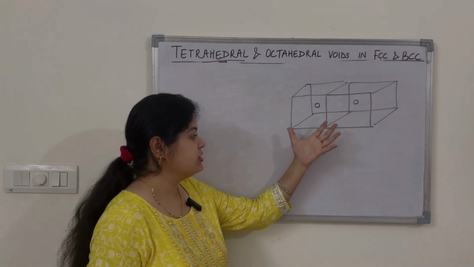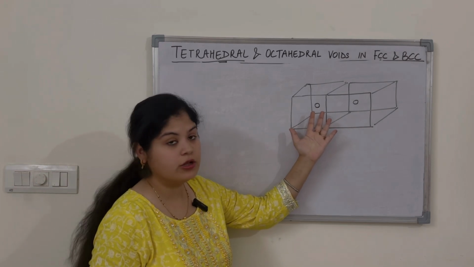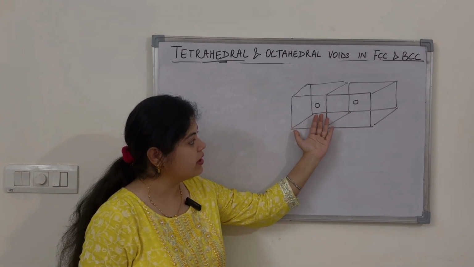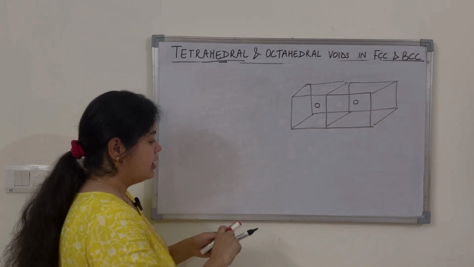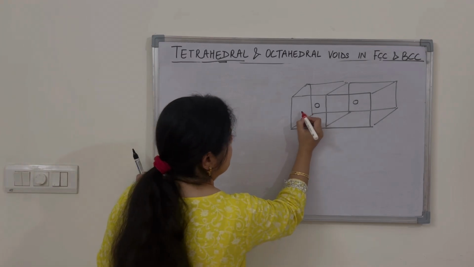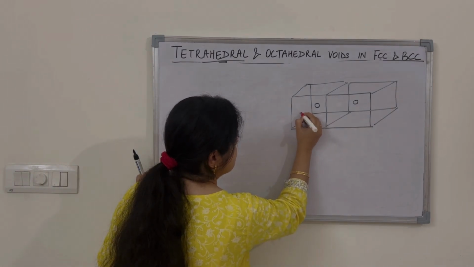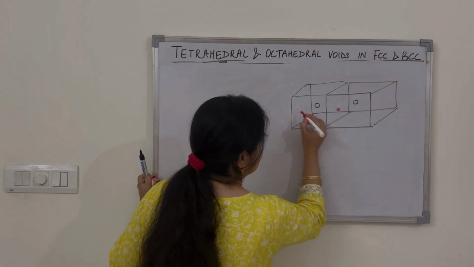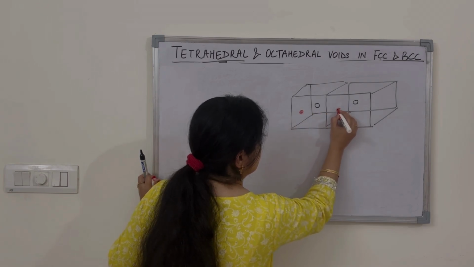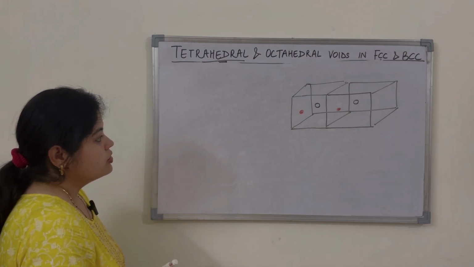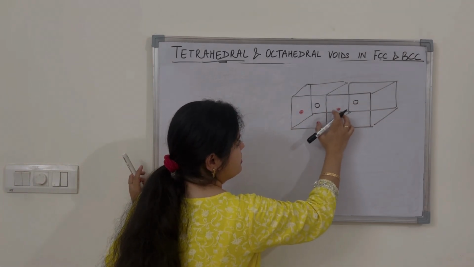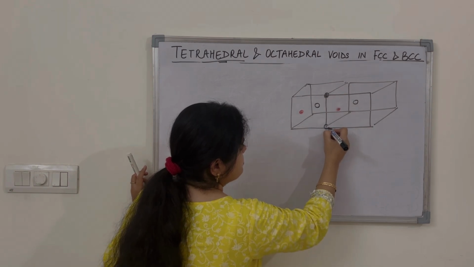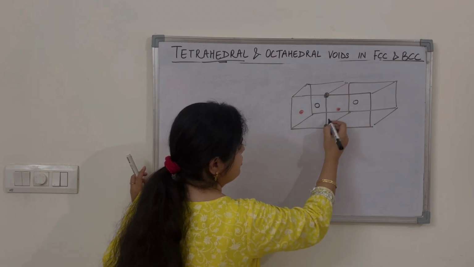So now just imagine that there are 2 more unit cells which are on a plane which is outside this board, that means which are in the front. So I'll just make those body centered atoms. One body centered atom is here, suppose, and the another body centered atom is represented here. Okay. So now consider these 4 body centered atoms and 2 corner atoms at this particular edge.